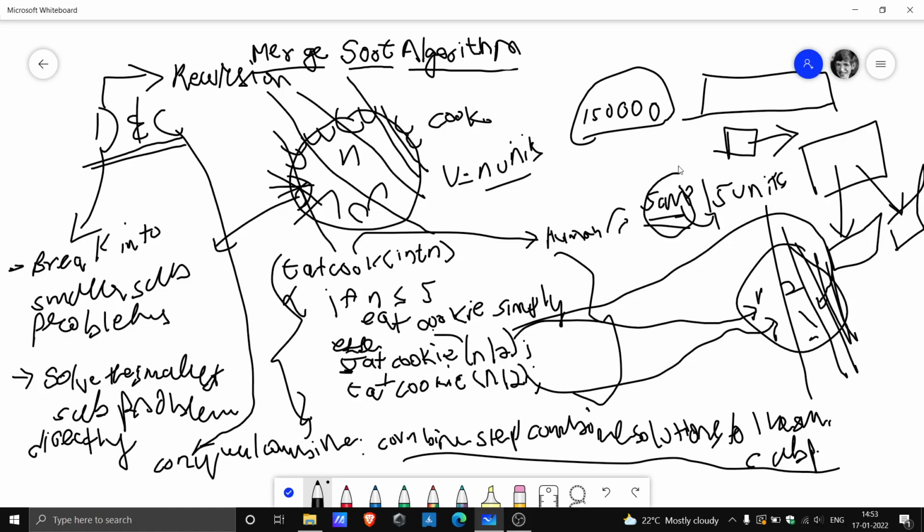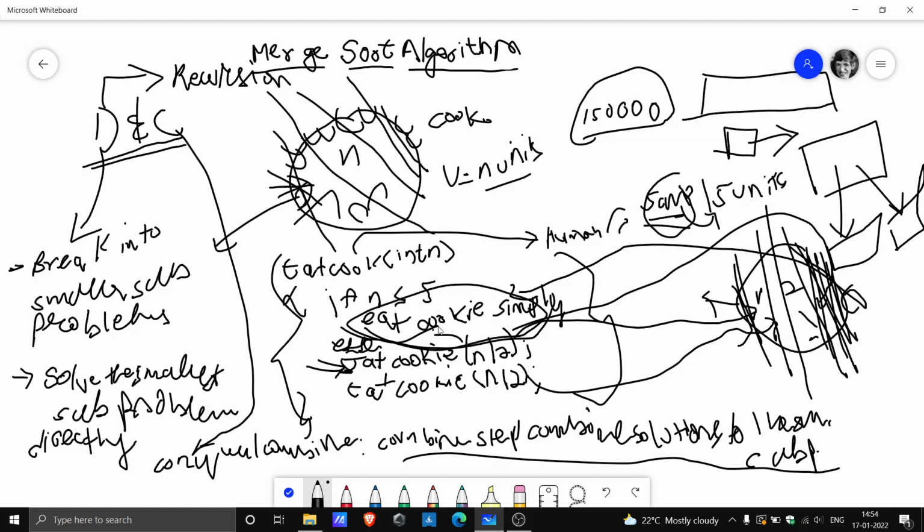In the divide step, recursion helps us divide the problem into two subparts, as it happened over here. Take a look at this. Eat cookie n by 2 helps me break this part. Let's say eat cookie n by 2 breaks part 1. So it breaks this part 1 so many times that we reach the smallest subpart over here, and this smallest subpart is handled by this base case over here. And eat cookie n by 2 helps us solve part 2 of the cookie, and it again breaks this part of the cookie into the smallest subpart, and the smallest subpart is again handled by the base case. And that's exactly what recursion helps us do. And these smallest subproblems are solved.